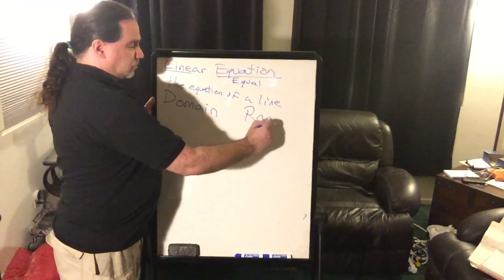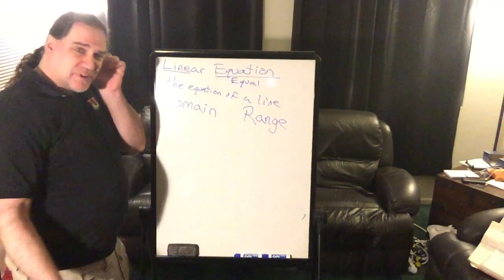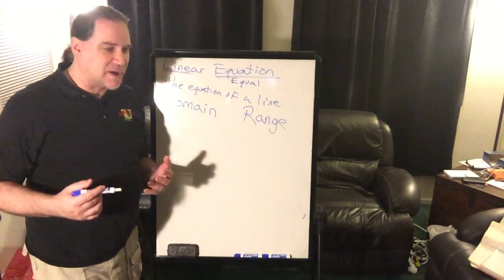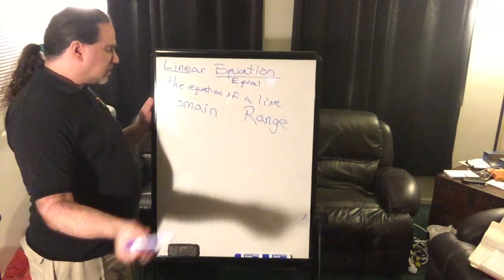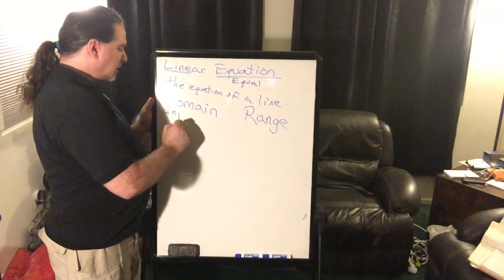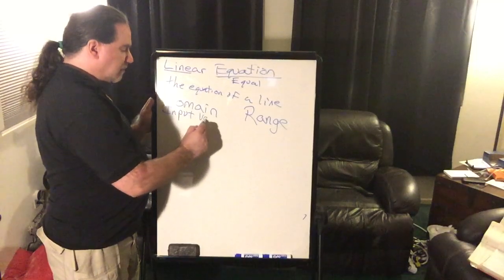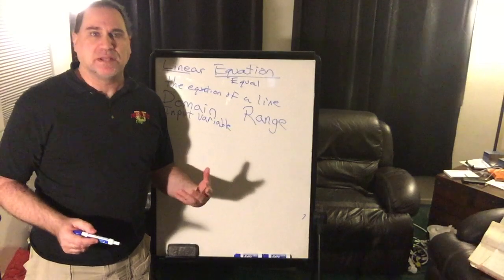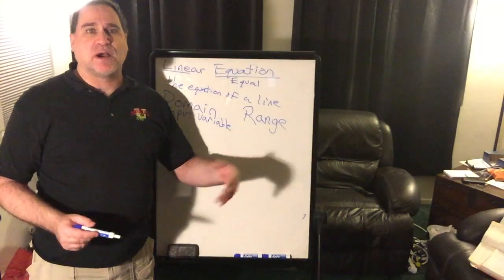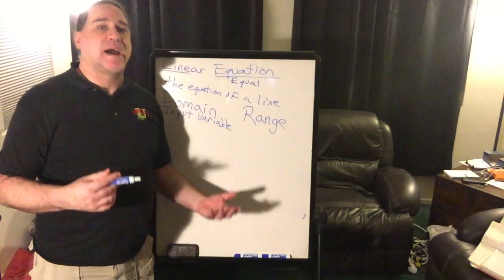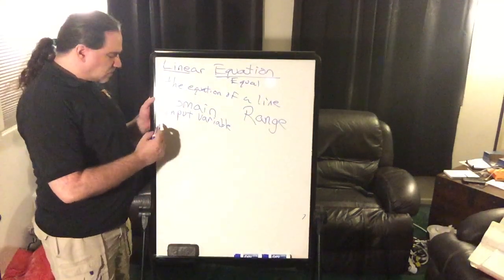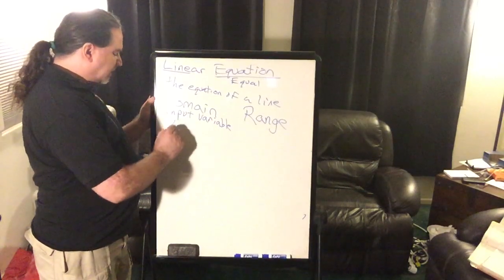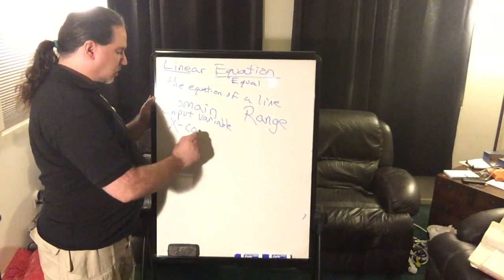and range. Okay, these are very specific words. They have a very specific meaning when it comes to graphing. The domain is also referred to as the input variable, meaning it's the one that you are plugging in. You know it. Okay? I know I want it to be 4. Then you see what happens. Okay? It's the domain, the input variable, it's the x coordinate